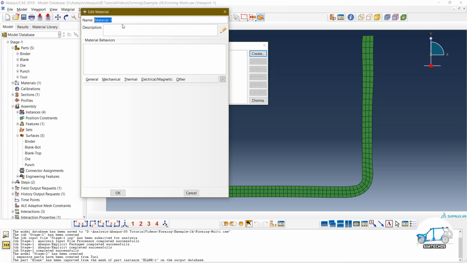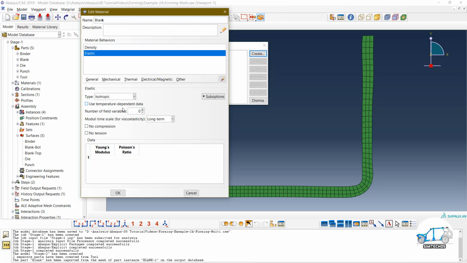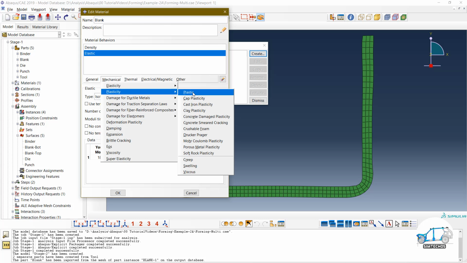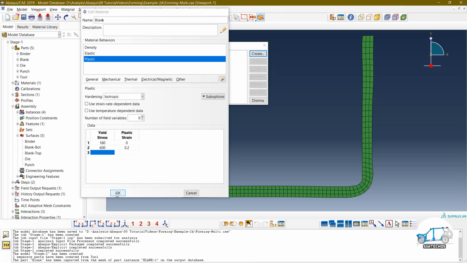So say blank material, and general density, the density was 4.8e-9. Mechanical, elasticity, 180e3 and 0.3. And plastic parameter 180, 0, 600, 0.2. So this material I